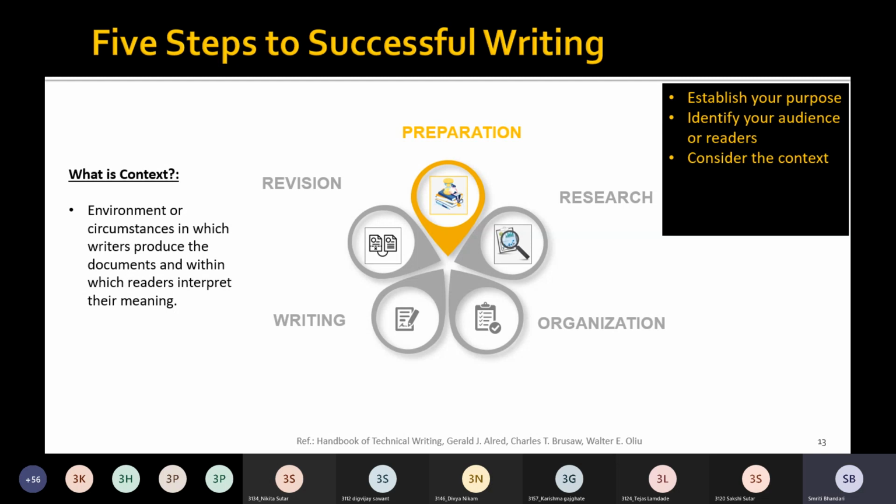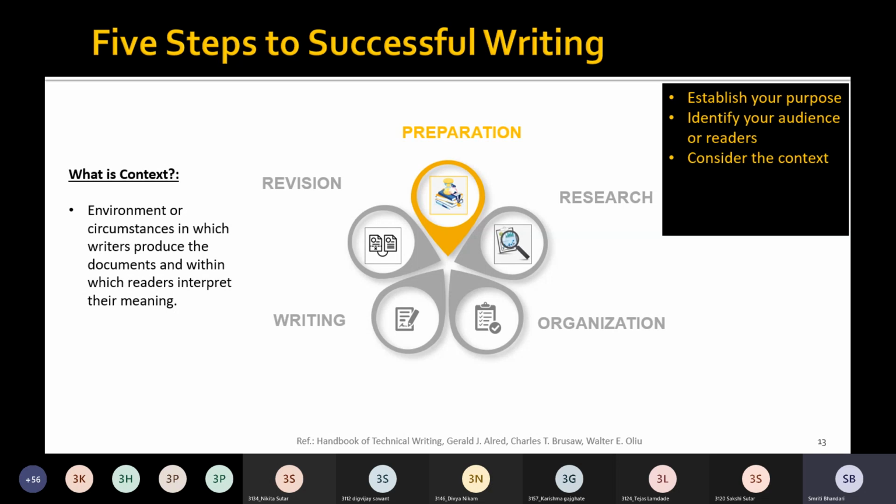So all these questions are important for considering the context with respect to this problem. Depending upon the context, you need to determine the content, the information that you are going to provide in your report.